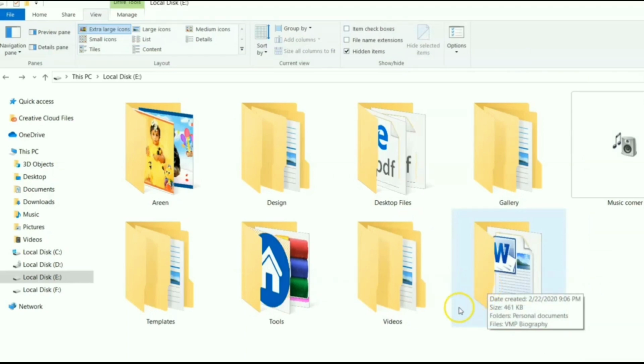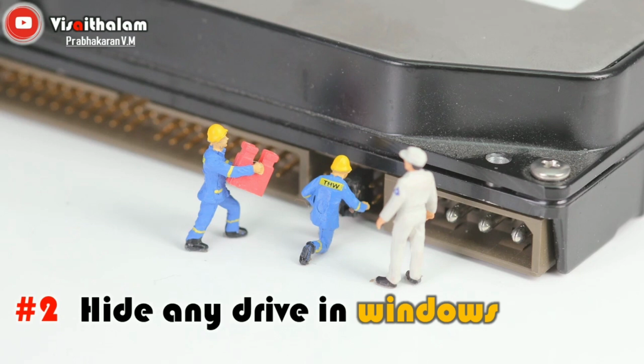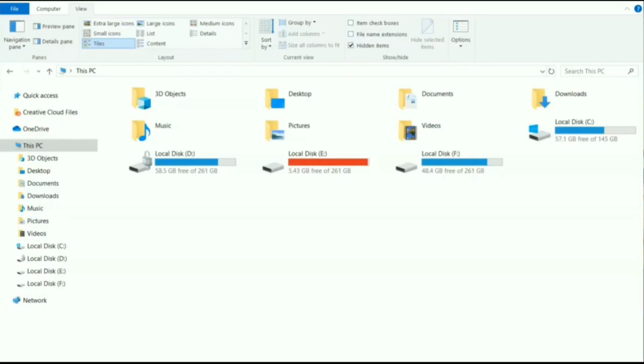This was the first step, how to hide a particular folder in Windows using command prompt. Now we switch over to the second scenario, that is hiding a drive in Windows using command prompt settings. We are going to hide an entire drive. Now you can see I have 4 drives in total: local disk C, local disk D, local disk E and F. Now I wish to hide the E drive, which contains personal data. If anyone needs our laptop, we can use this method and hide the whole drive, preventing them from accessing our personal data.